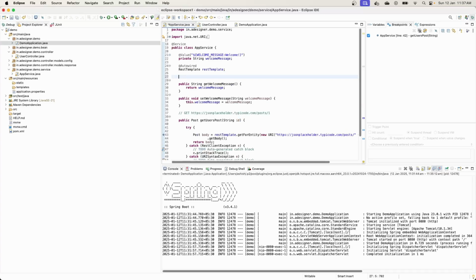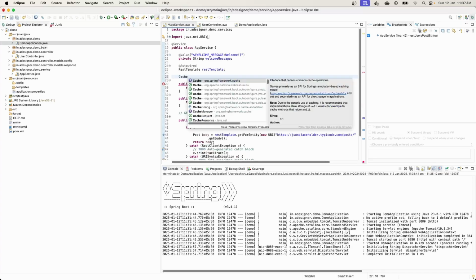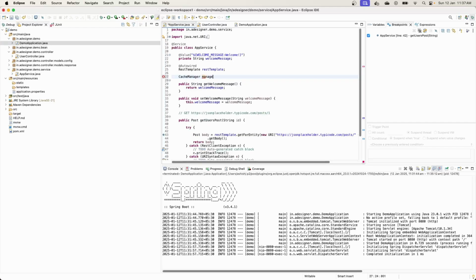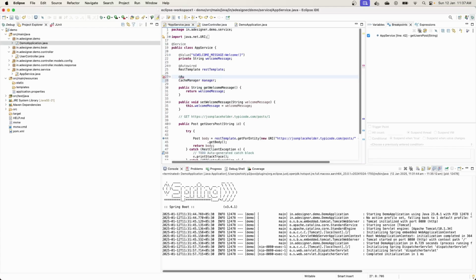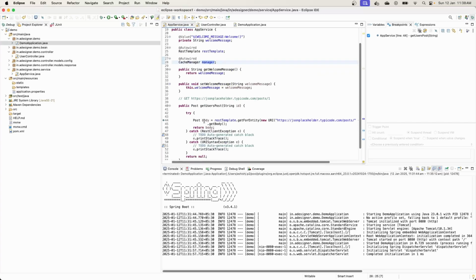And after that, we want to get a CacheManager from Spring Beans. So let's create that object and we will autowire it, because we don't want to create this cache manager manually. We want to get whatever is available in our Spring Boot bean factory. Okay. Once you have received the manager,